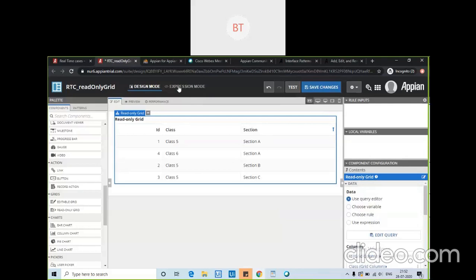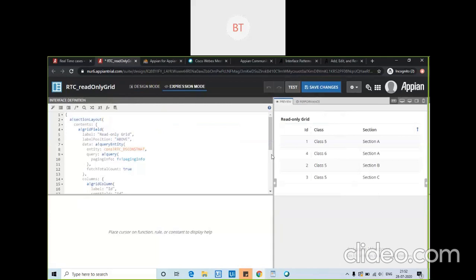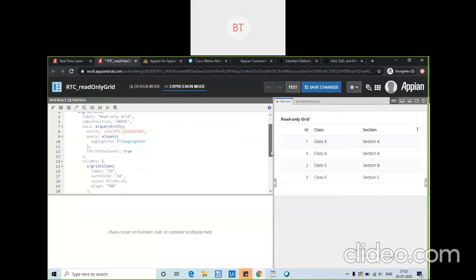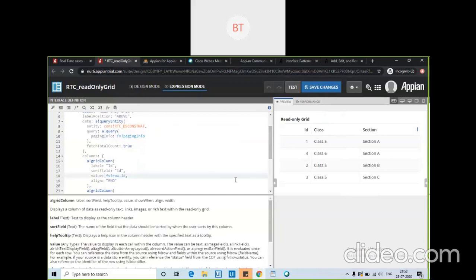Okay, now suppose you don't want to show, as example, this ID like this. Okay, so suppose you want to give this ID a prefix. Okay, like suppose AA.